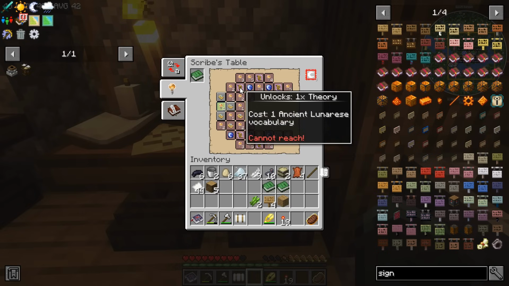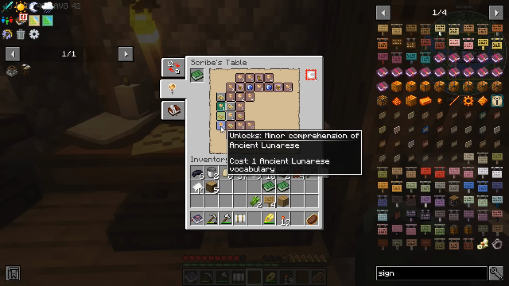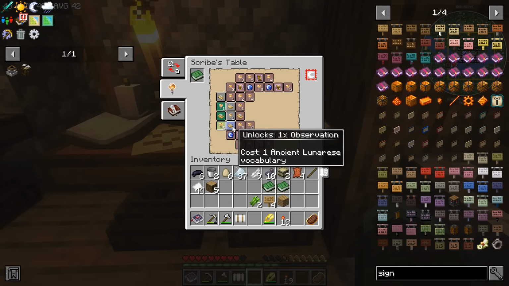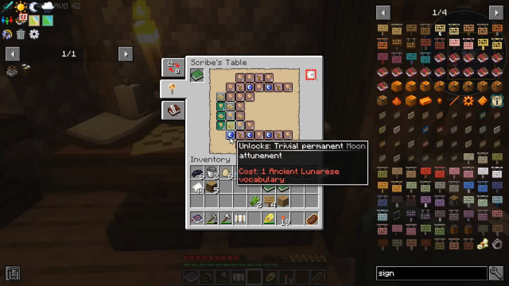You can also unlock theory points. Oh man, there's so much to this. Well, we're going to go south, down here, for 1. Then we're going to unlock minor comprehension of get some stuff. We'll go here, and we've kind of run out of vocabulary now, so we haven't quite got the permanent, but